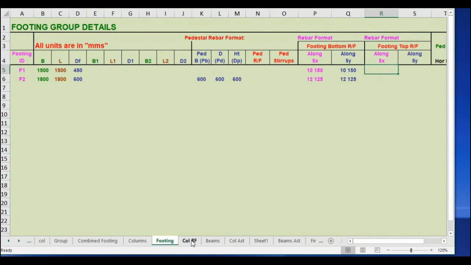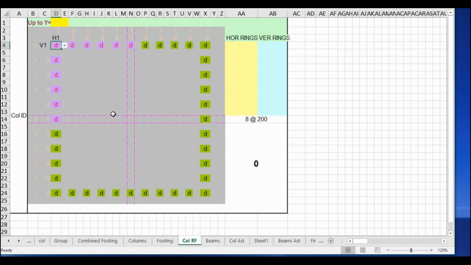I am selecting the COL RF sheet. Here by default it is showing only one column. It is looking like a rectangle column, but the sizes will be taken from the column sheet. Here I am assigning column ID C1, up to y is equal to, here we need to enter the terrace level.